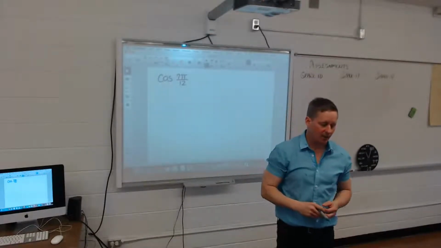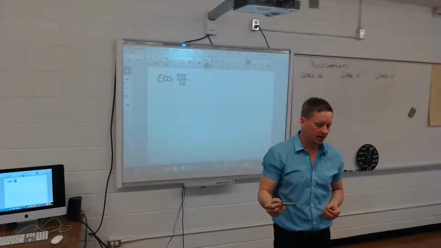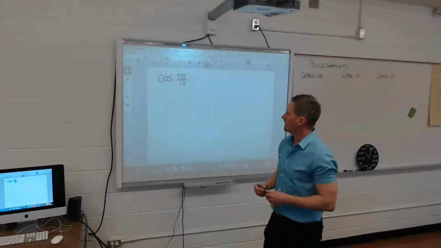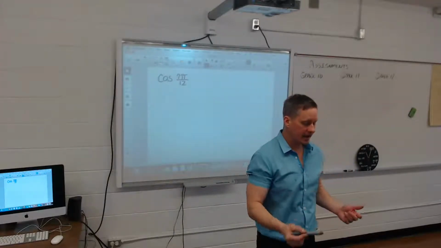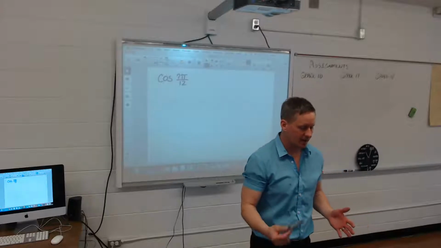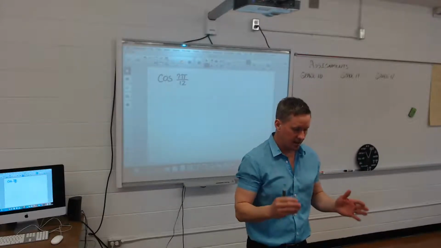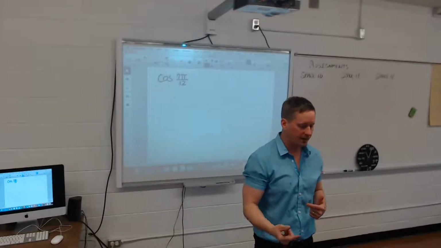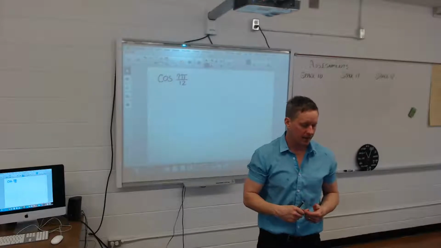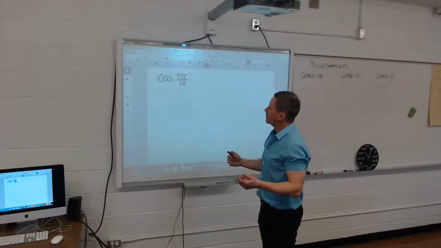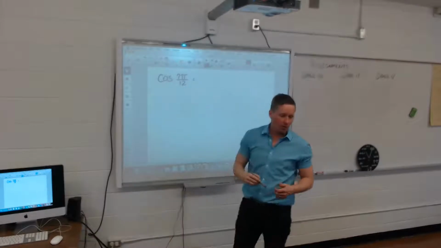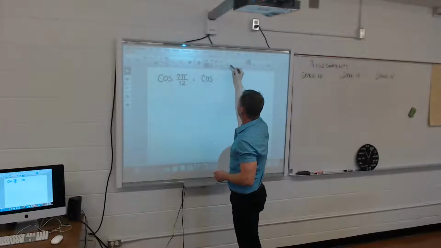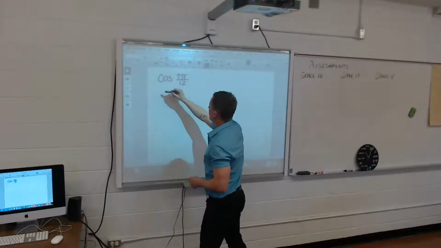The cos is 7 pi over 12. It's not an angle that is on the unit circle. So I can't get the exact value of it. So what I'm going to do is I'm going to change it using my identity. So you want to have an identity sheet beside you when you're doing all of these questions. Keep that identity sheet beside you, okay? So either create one yourself or print the one off of the government website, okay? So the cos is 7 pi over 12. I don't know what the exact value of 7 pi over 12 is, but if I change it, actually I shouldn't use an equals here either, but if I change it,